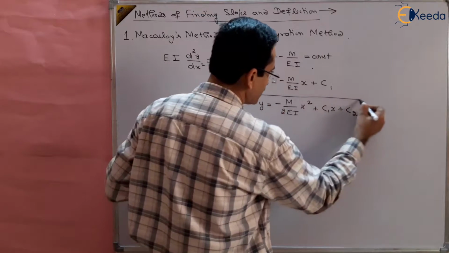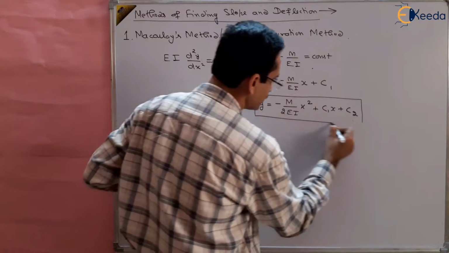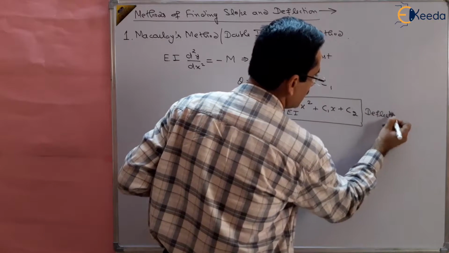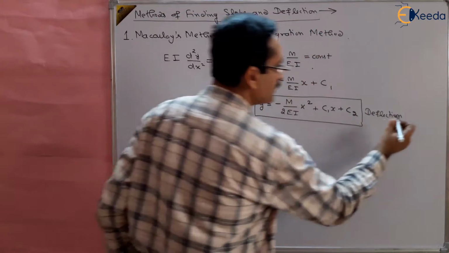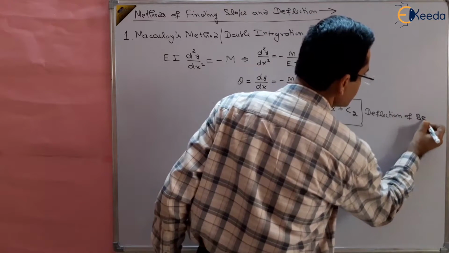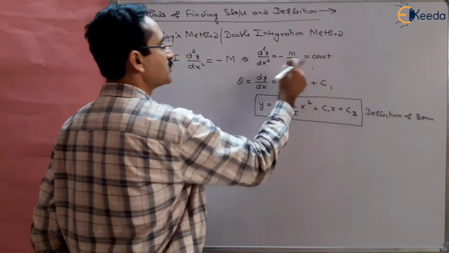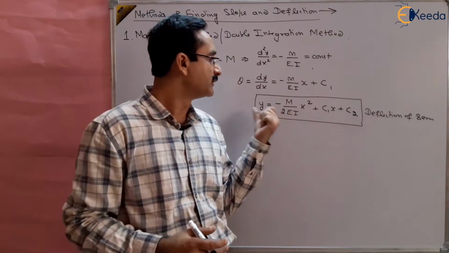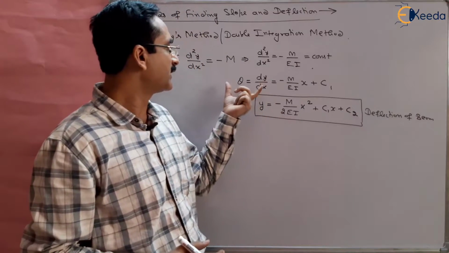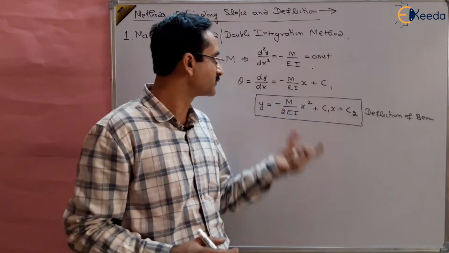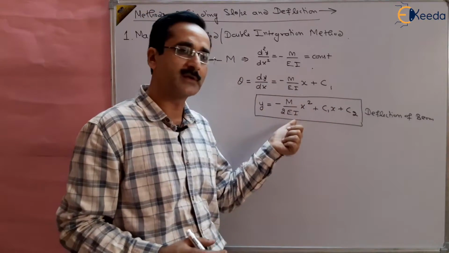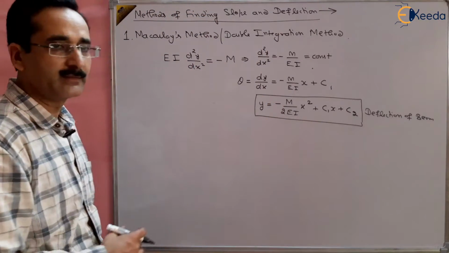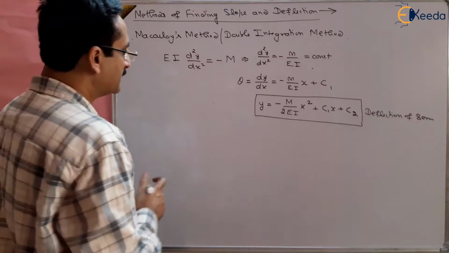So by two times integrating, we will get the deflection. So this is the deflection equation. So this is the deflection of the beam, right? Of a beam with constant bending moment. We are assuming that this part is constant here, right? So by this method we can find out the deflection, and integrating once we will get the slope. So once integrating, this is slope, and two times integrating, this is deflection. That's why it is called double integration method, right? So this is one of the methods. Second method is